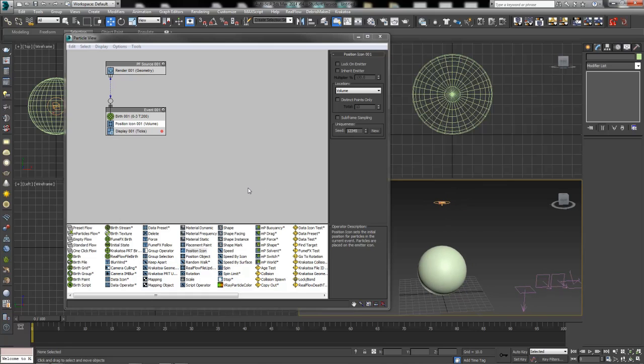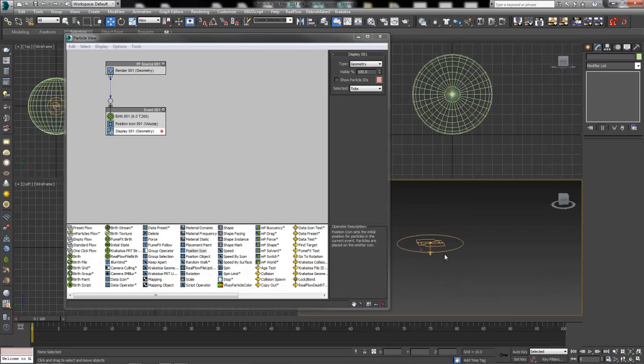Then we're going to need to give these particles a shape. At this point, I like to come down here to the display. I'm going to change my ticks to geometry so that I can see as we go. Here's all of our particles being born over the 1, 2, 3. There's all of our particles. And right now they'll show up as X's because we've turned on geometry, but we haven't told them to look like anything yet. So we've got these little red X's telling us that we don't know what those are. So we've got to give them a shape.